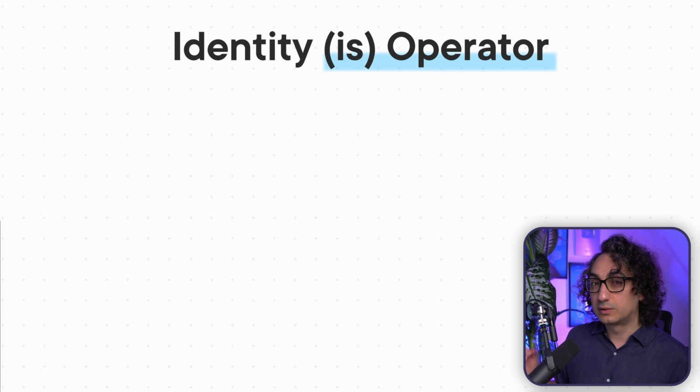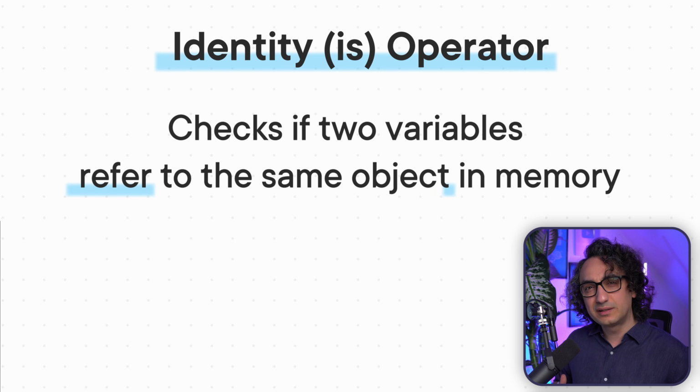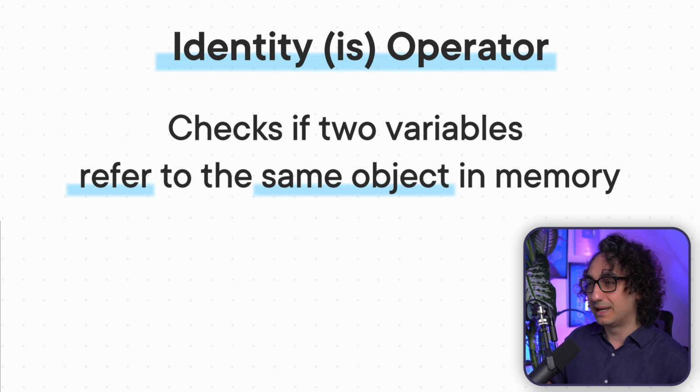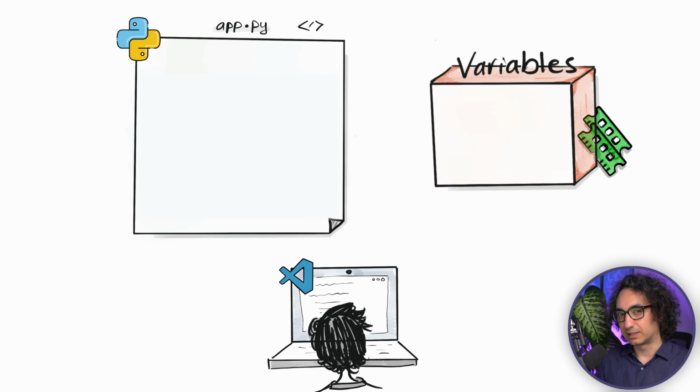It's gonna check whether two variables are referring to the same object in the memory. So this sounds a little bit complicated. In order to understand it, as usual, we're gonna make a sketch about it. So let's see what this means. You remember on the left side we have our code, and on the right side Python stores our variables